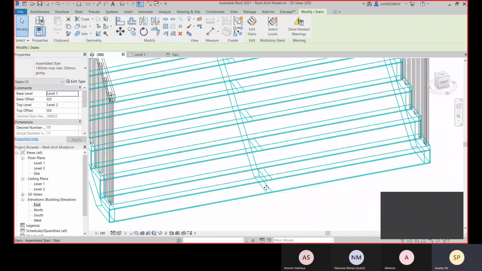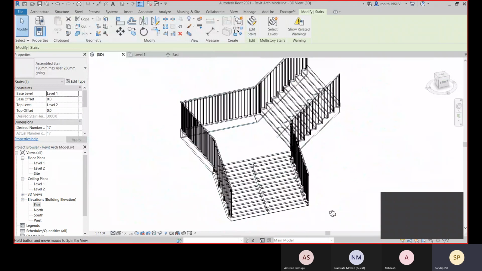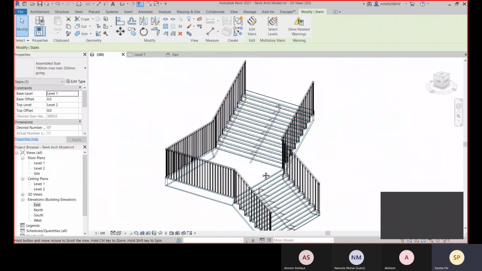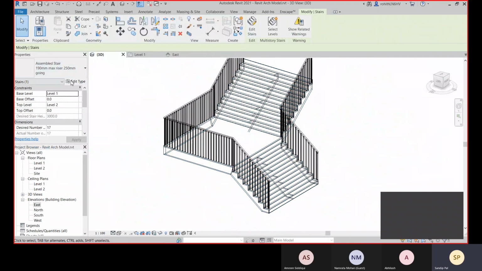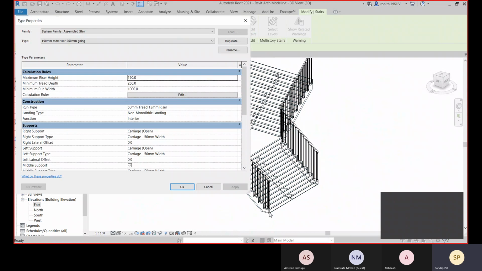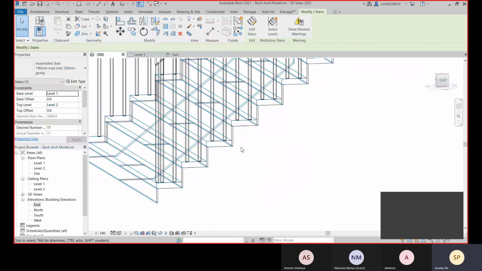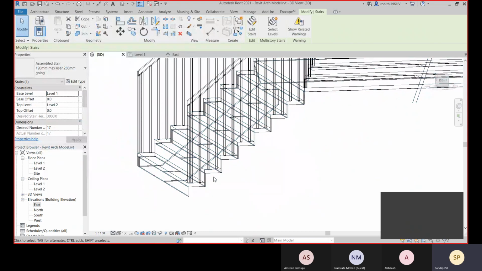All right, so if this is the requirement, you can do it this way. Suppose you don't need this, so you can uncheck this right support. Okay, let's just uncheck this right support only. Now here you can see this is the option you're getting. This is the result you are getting.